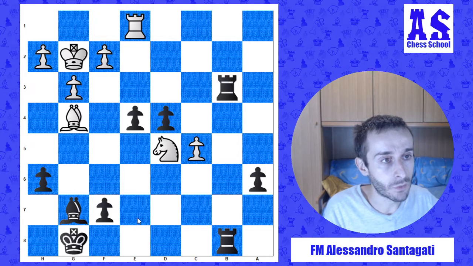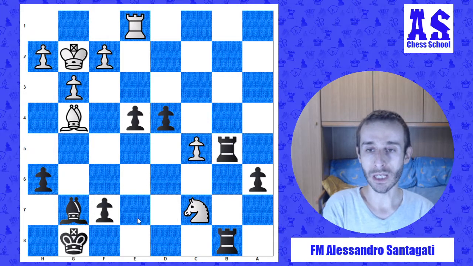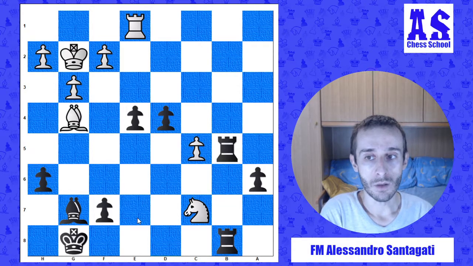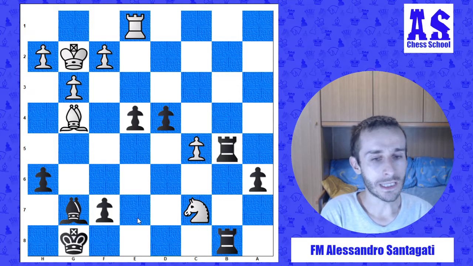White played the rook e1, rook b5, knight c7. And now we have a very important key point of the game. Black now is very good. Black can win the game, but now black made a big mistake. The point is that position still...